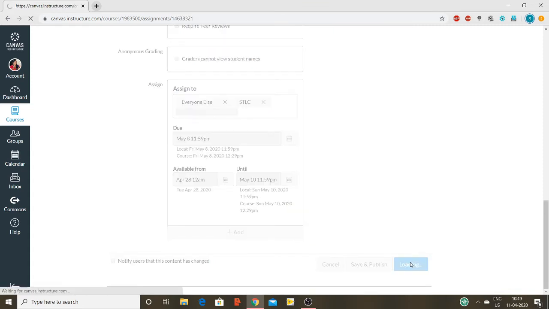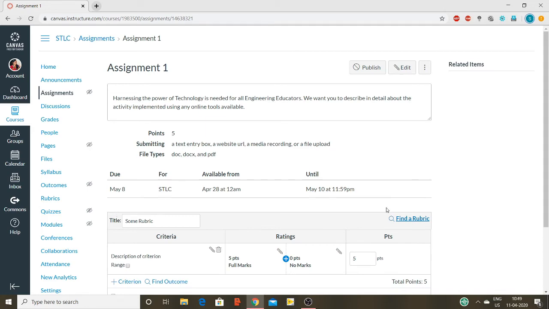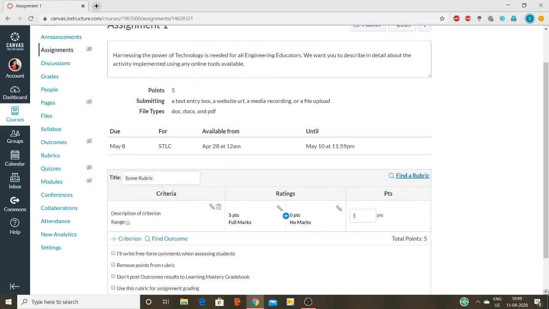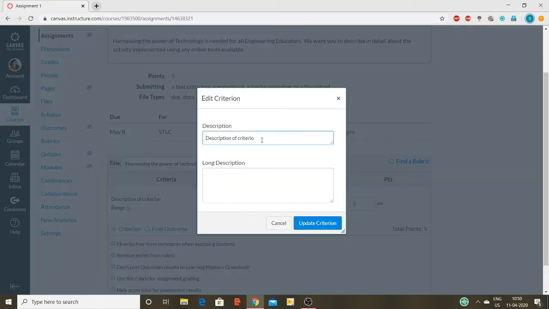Once the assignment page has been created with all the information like points, submission type, file type, everything, now it's our time to create a rubric for the particular assignment. So we can give the title of the assignment as Assignment 1 for Harnessing the Power of Technology and under criteria give the description of criteria and then add the ratings for the marks with the points for the maximum.